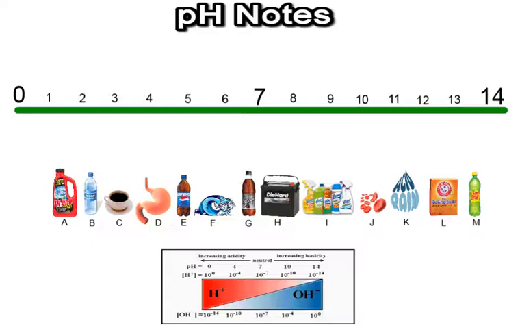So up on top here, with your notes, we have what we call a pH scale. And a pH scale ranges from 0 to 14. And it's very important that you understand what these numbers signify, okay? We'll learn about the equations later on, but first let's just talk about what the scale actually signifies with the numbers. So what you have on top is the range from 0 to 14, which starts with